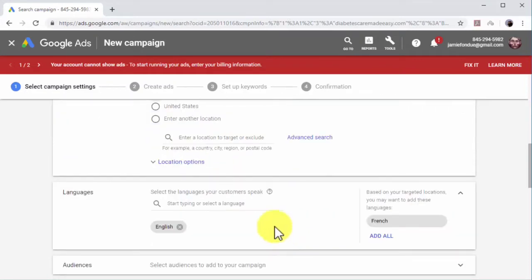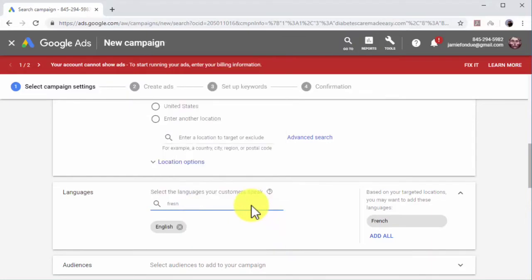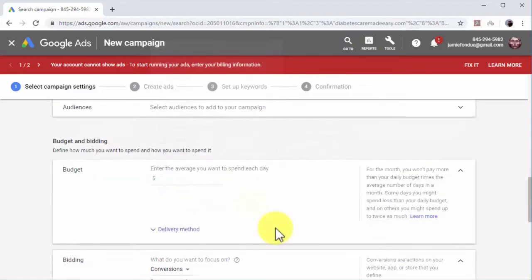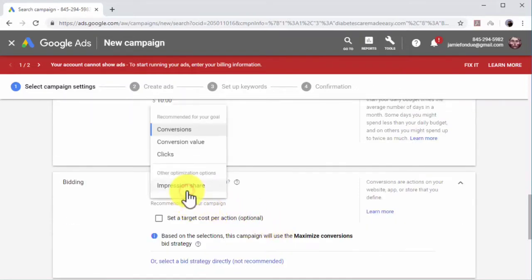Now select the languages that your audience speaks. Click on the Select a Language field and select languages from the menu. Now move to the budget and bidding section. Start on budget and enter your daily ad spend in the budget field. Now move to bidding. Here you can select a different bidding optimization option and enter a maximum cost per click